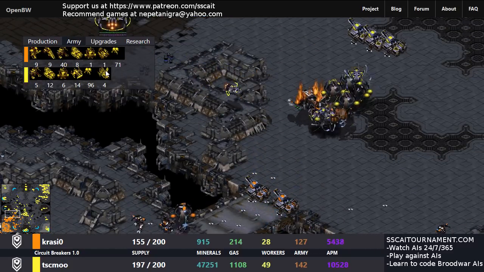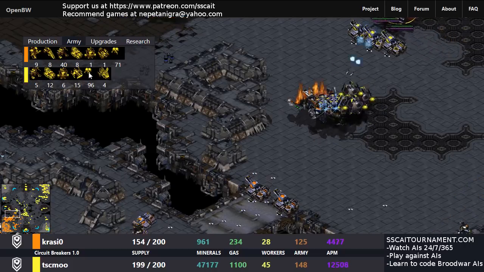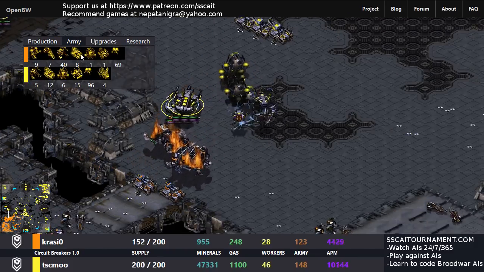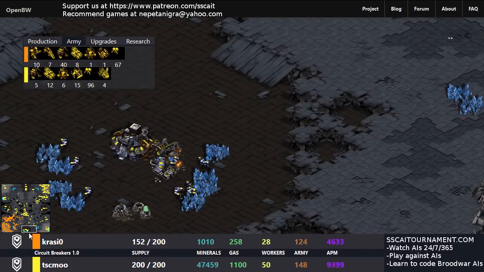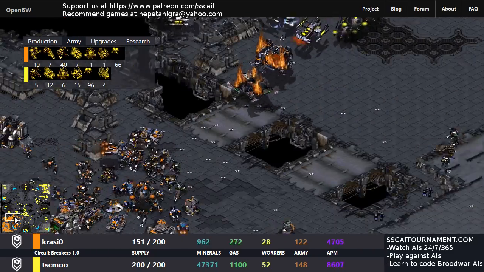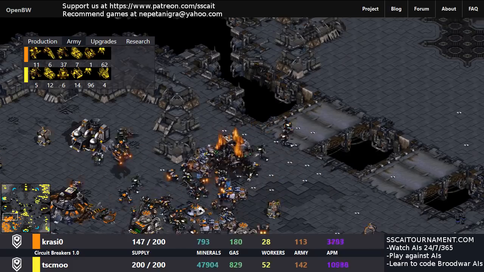And then you've got 4 Valkyries, 6 science vessels, and the ground forces for TSCMU aren't there. It's 12 tanks, 5 Goliaths, and that's it. But TSCMU's got the map and is mining it out mercilessly. But the battlecruisers and Crazio...